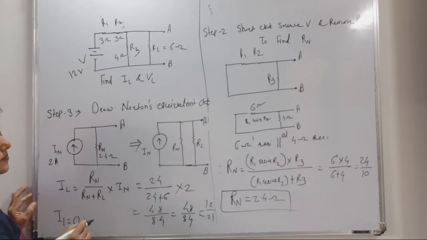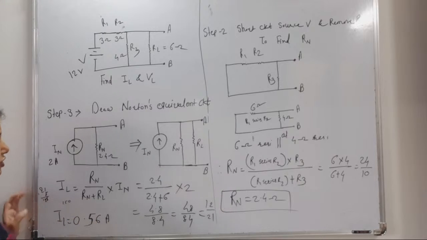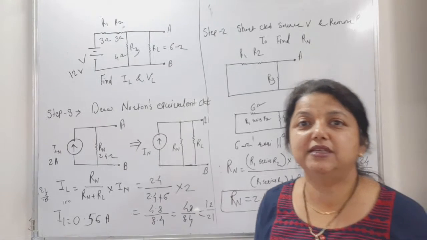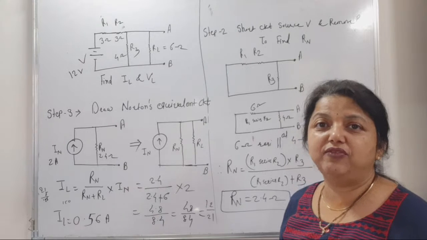Means 49, I think 49. 0.56 ampere. Okay. Do you get the answer? Yes, yes. Next digit is greater than 5, therefore 0.57 is the right answer and VL is equal to